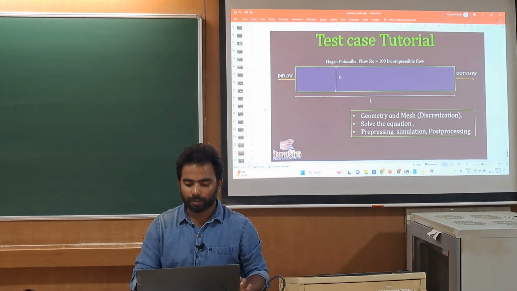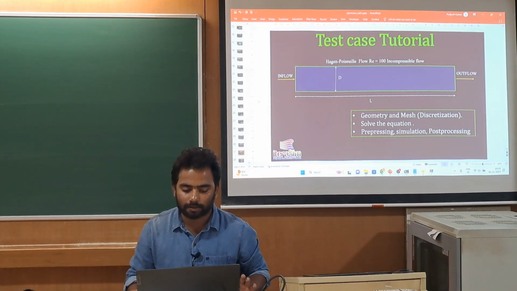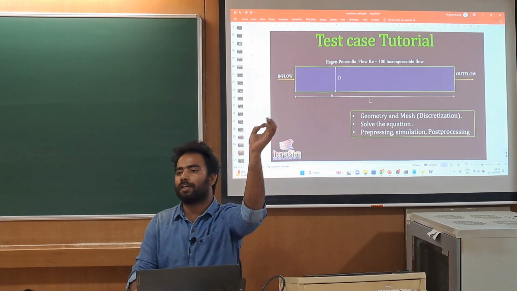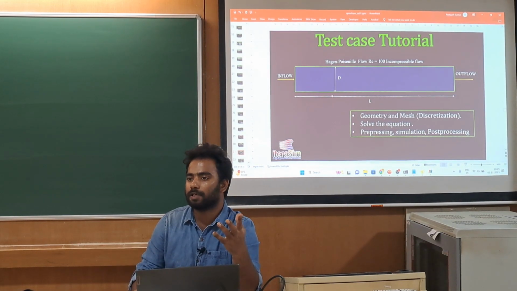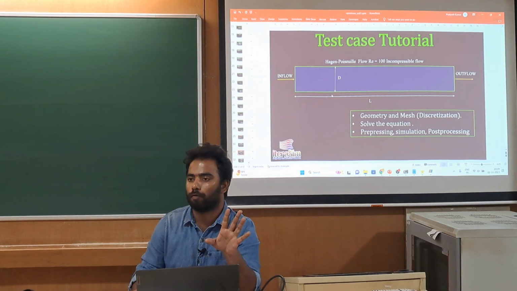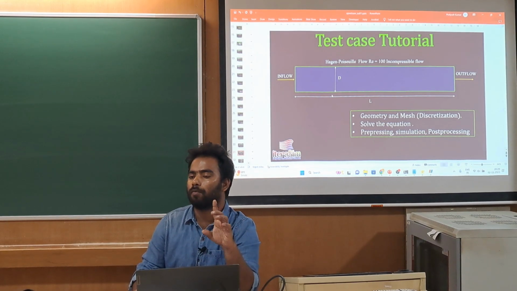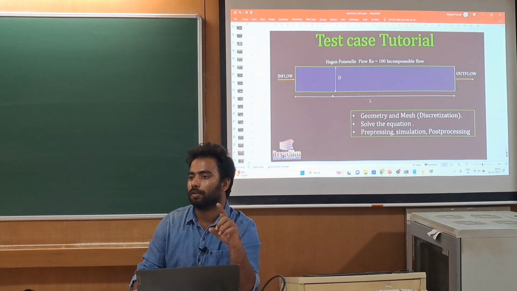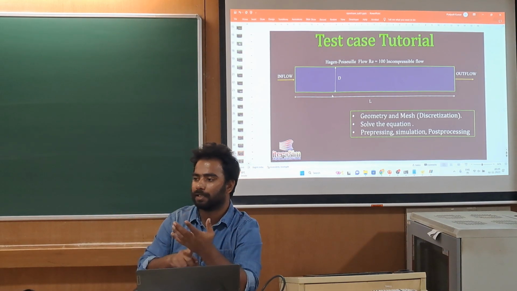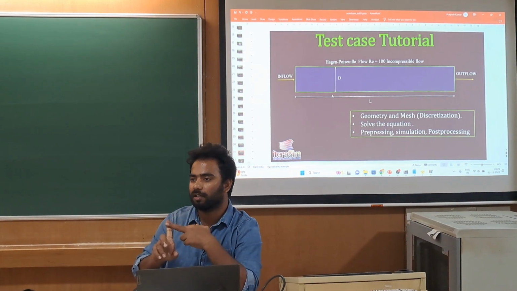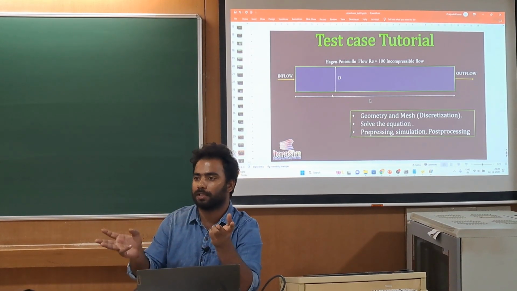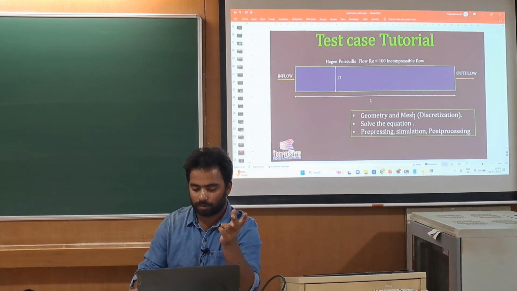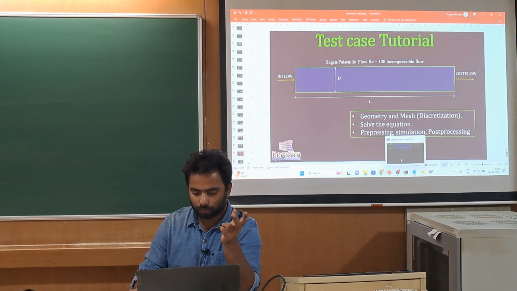Now, if you want to solve this test case, we need to create a geometry. We need to create a mesh, and for solving the equation we are using the solver, icoFoam. So remember that icoFoam has a specification. In the description, icoFoam says that you can solve incompressible flow and transient simulation. I can again show you.